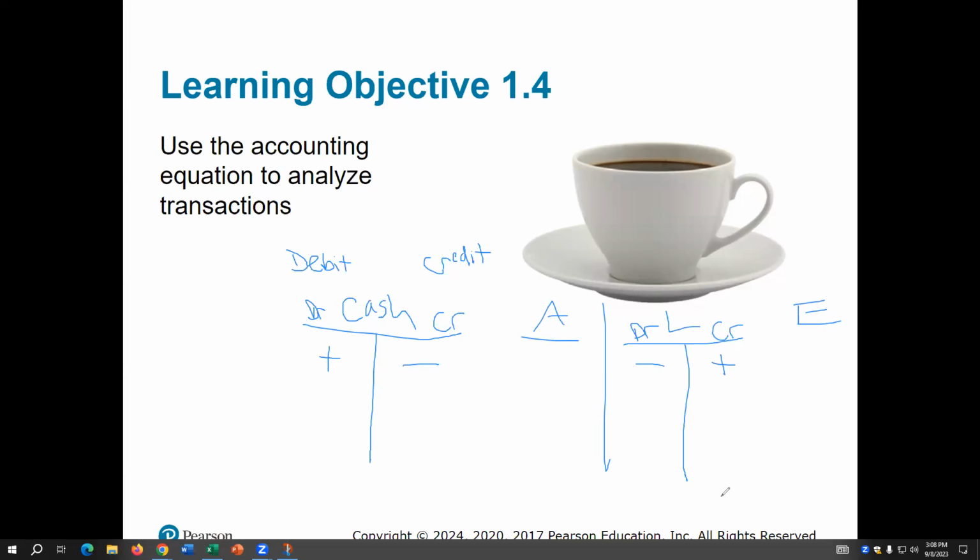This part is very amorphous and kind of abstract, so if you're feeling kind of lost right now, that's fine. Just trust me and we'll go with it, and it'll gradually make more sense as we practice. So knowing that liability and equity are both on the right side of the accounting equation, how would we increase an equity account? On the right side. On the right-hand side, yes, exactly. And then we would decrease it on the left.